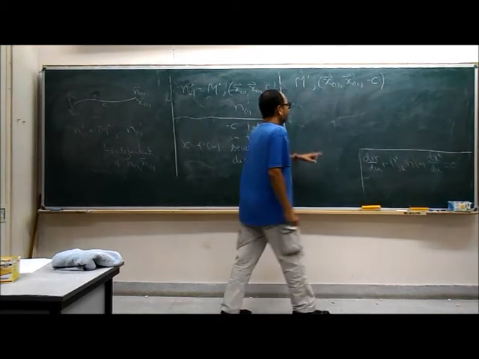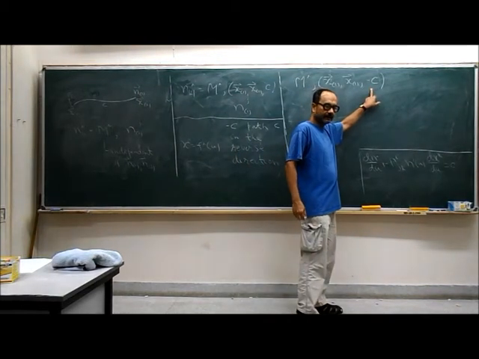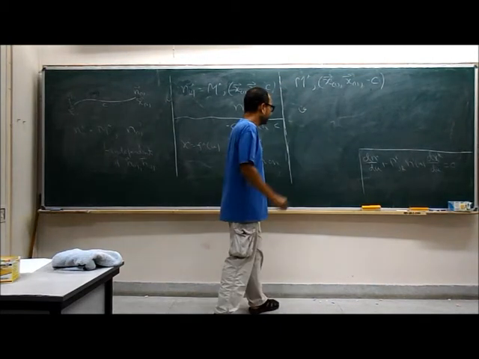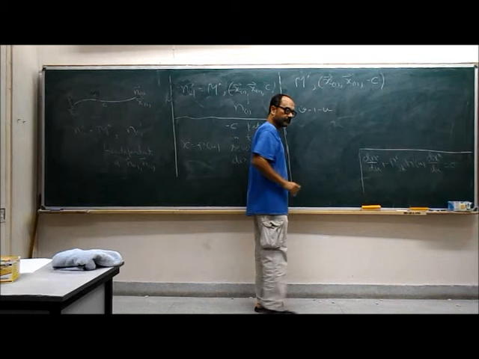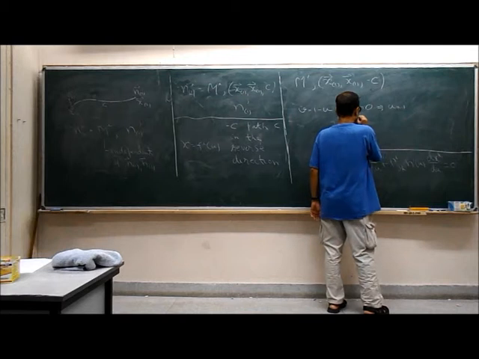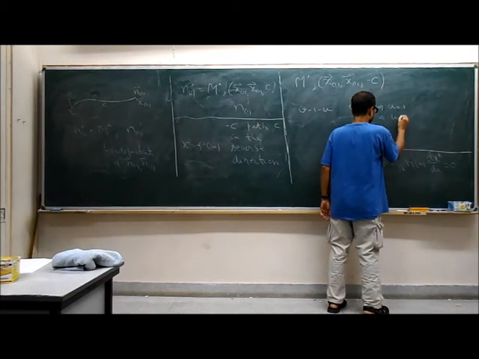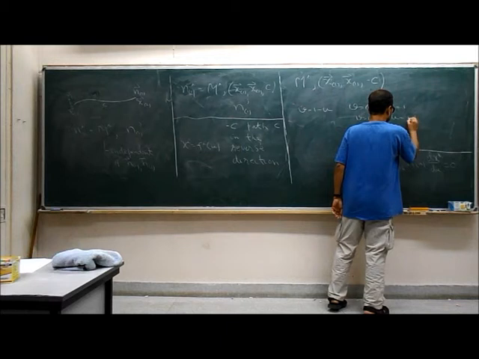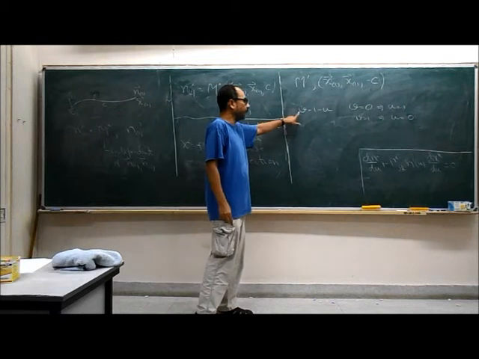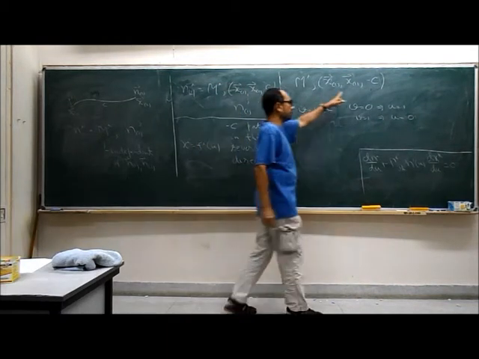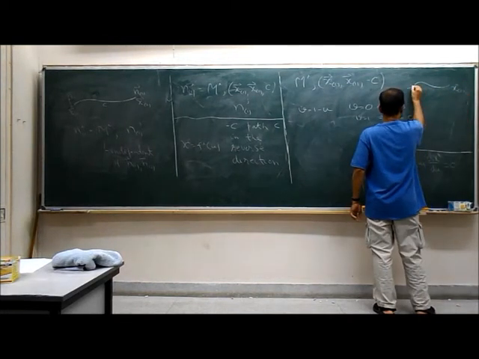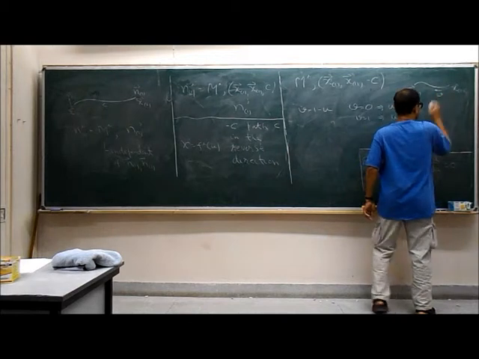So let's suppose you have the path minus C. How will you label it? You label it by some parameter v, which is 1 minus u, so that v equal to 0 corresponds to u equal to 1, and v equal to 1 corresponds to u equal to 0. This way you can label the path from x2 to x1. So this is x2 and this is x1, and v is going in this direction.